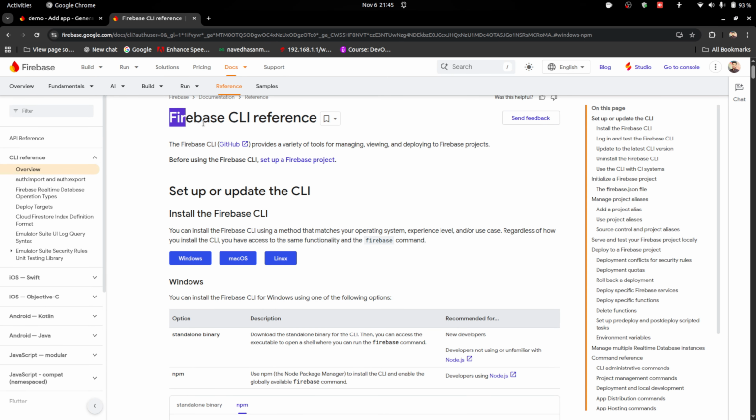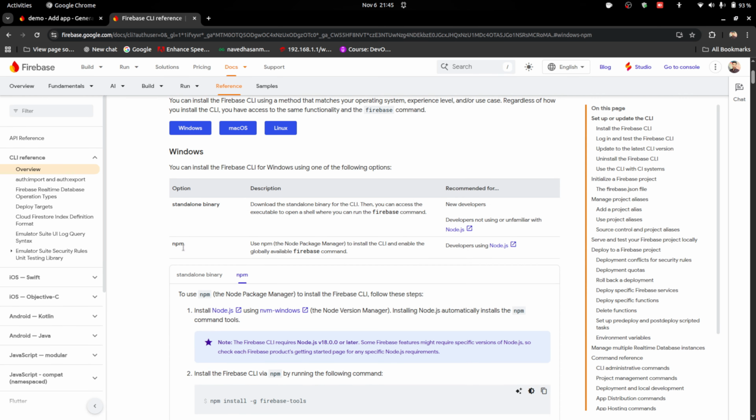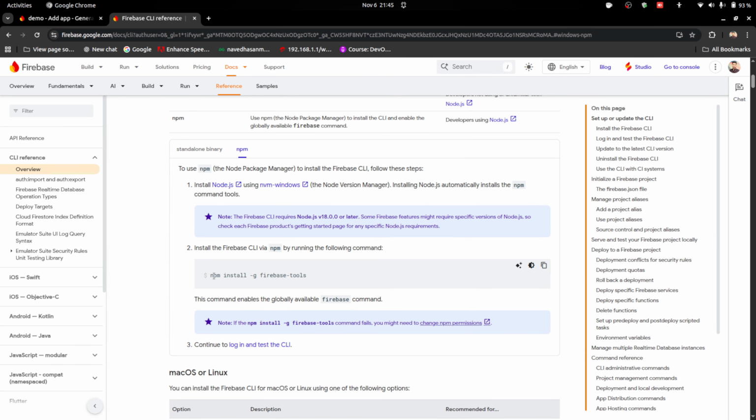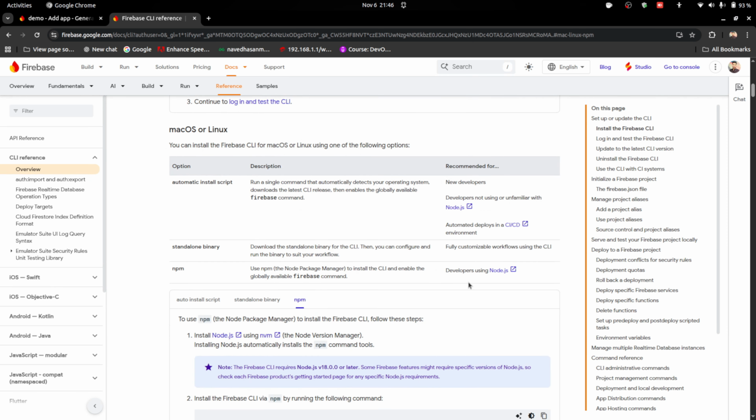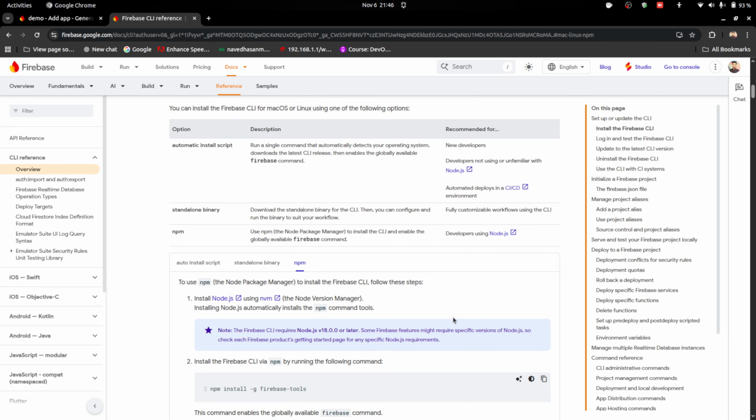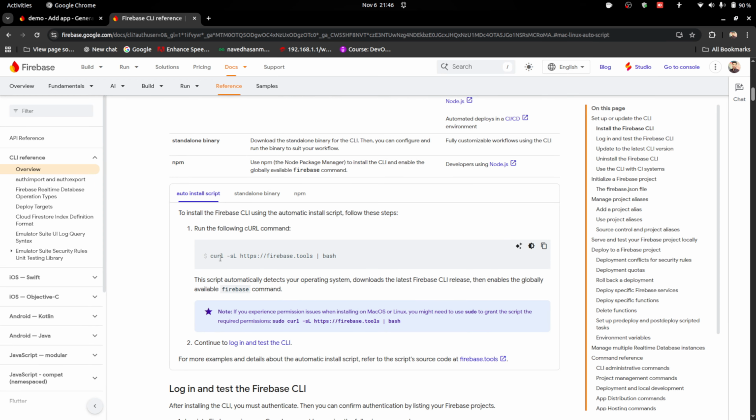Now we need to install the Firebase CLI. If your operating system is Windows, just install Node.js. After installing Node.js, you can paste this command in your terminal, which is npm install -g firebase-tools, and this will install your Firebase CLI. If you are a macOS or Linux user, you can go for Node.js if you are from a Node.js background. If you don't know about Node.js, just go for the auto install script and copy this statement